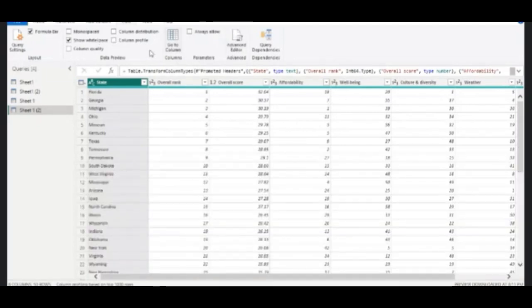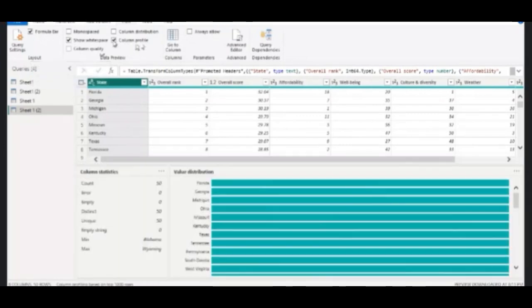In this ribbon, there are options: column profile, column distribution, column quality, like this. These three are important options. What is column profile, what is column distribution, what is column quality, that we will see. So first, column profile. Once you click on this column profile,